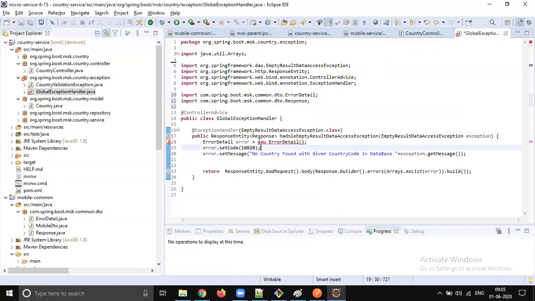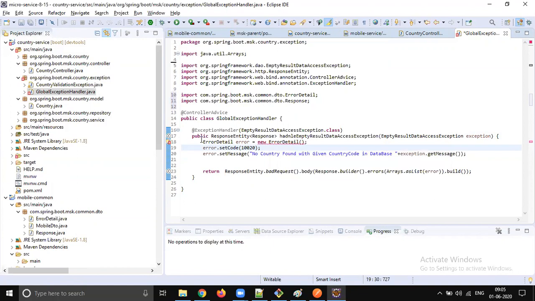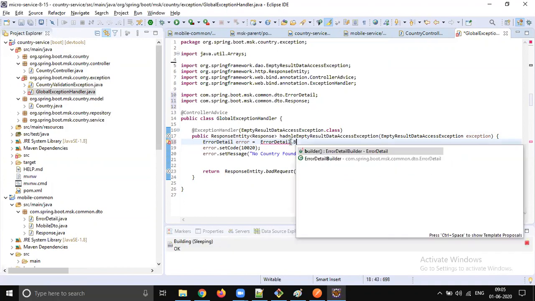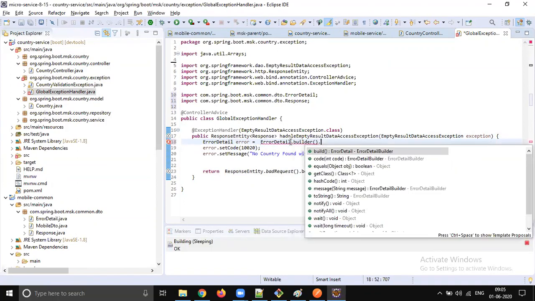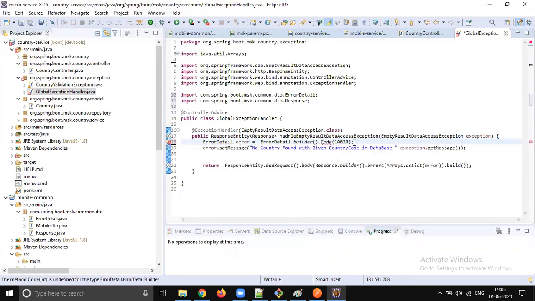Where is this error detail? I think error detail should be constructed by using builder. So let's quickly do the change. ErrorDetail dot builder dot code should be small c.